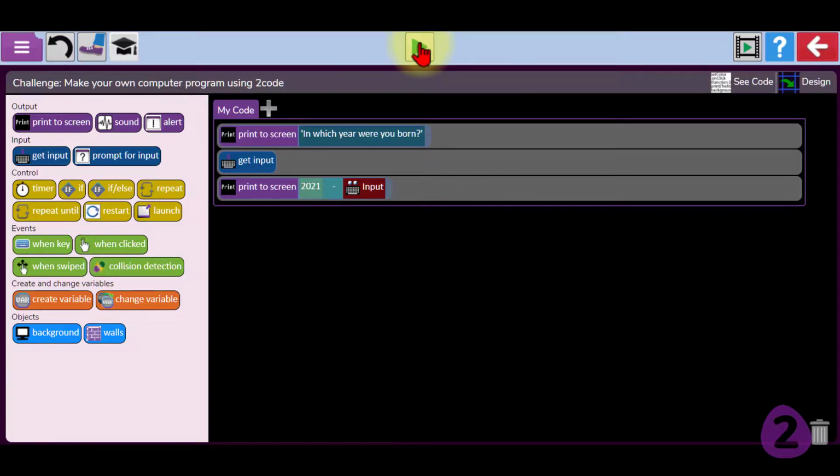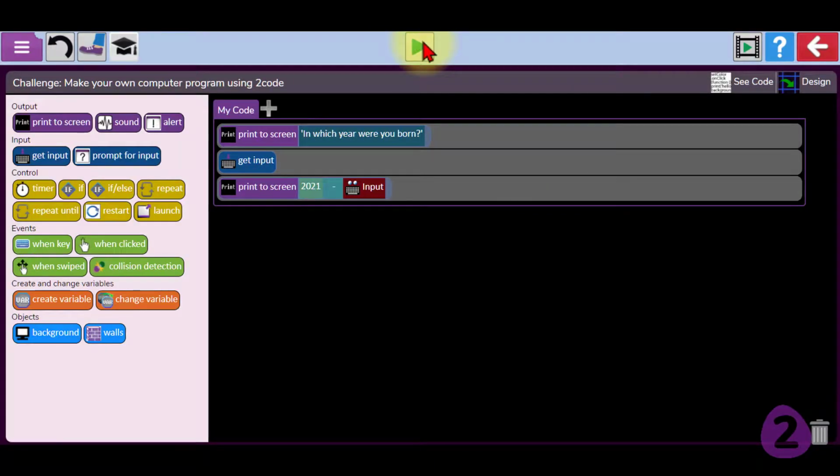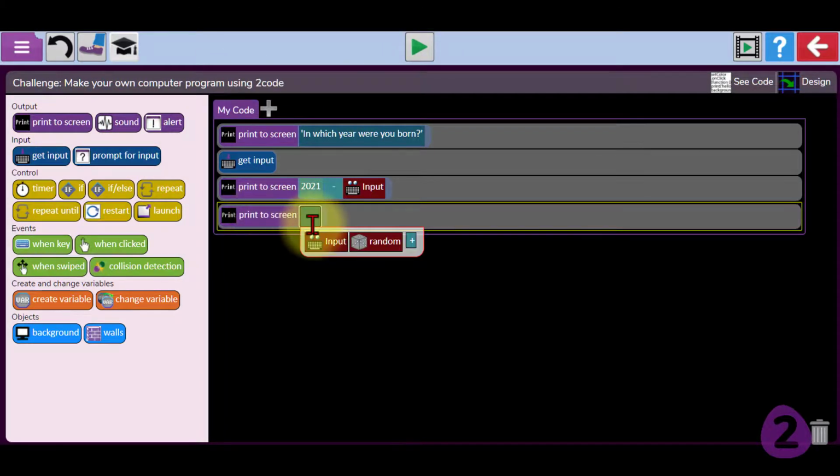So if I just type in now in which year you were born and I put 1995, it's telling me that I'm 26. Great. I'd like to just dress that up a little bit though and add a little bit of formatting to it. So I'm just going to create another one of those, but before I do the 2021, I'm just going to put you are, and then let's do an add here. So you are, and I want to do my